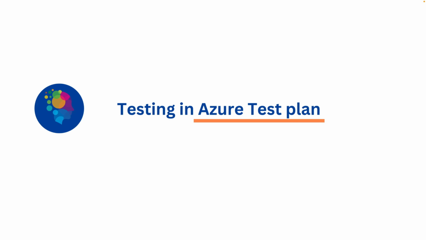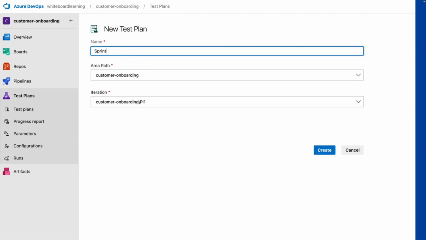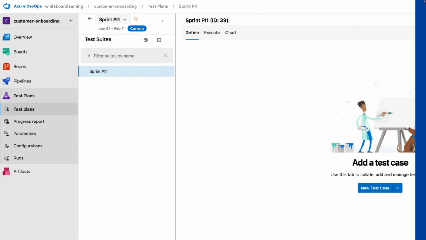Testing in Azure Test Plan. For those who have seen the tool in the past, it's all about creating a test plan, naming your test plan. Like in my case, I'm naming it Sprint PI1, hit the create button, and there you go. You have a test plan created. Anything that you do in this tool for the testing activity or test management has to start from test